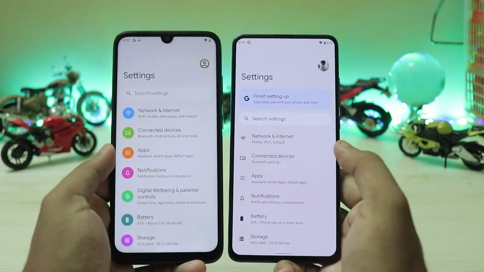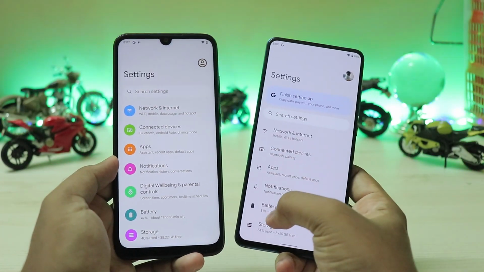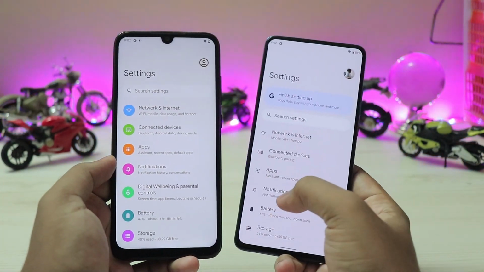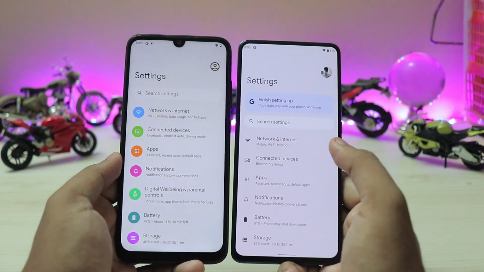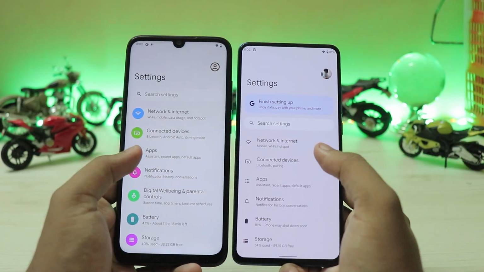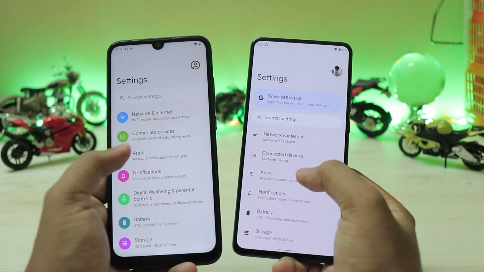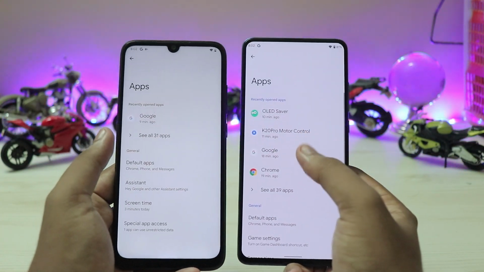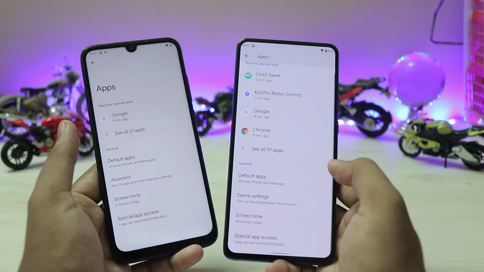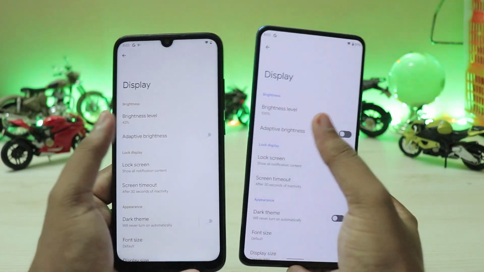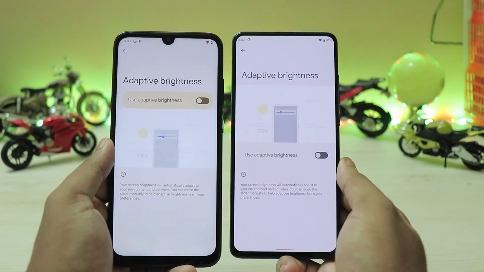So yeah, going to the settings app, again there is a massive difference in all of the settings, to be honest. So again over here the colors have been completely removed for the icons, but I think the color just looks much better. It doesn't look really childish to me as I'm a One UI user. But let's just go to the networks and internet. Yeah, all the toggles have been revamped. Then again, even if you just go to the apps, scrolling down, now you have game settings right over here. So again, this is a game dashboard. I will talk about it later on. But yeah, coming back, going through the display, again adaptive brightness and stuff is just pretty much the same, but the toggles are now completely fixed as they should. But yeah, we get the point.